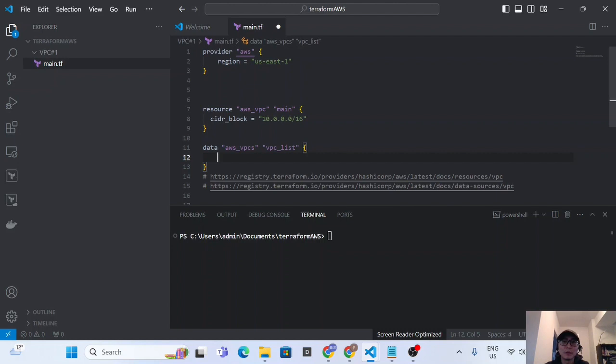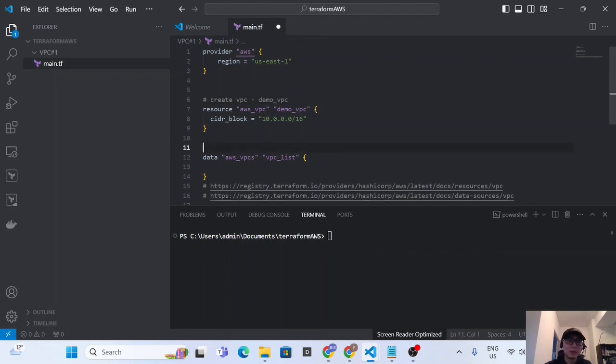And here I will put the comment, create. So I change it to demo-vpc. Create the VPC, demo VPC. And here I will say fetch the VPC list from my AWS, and